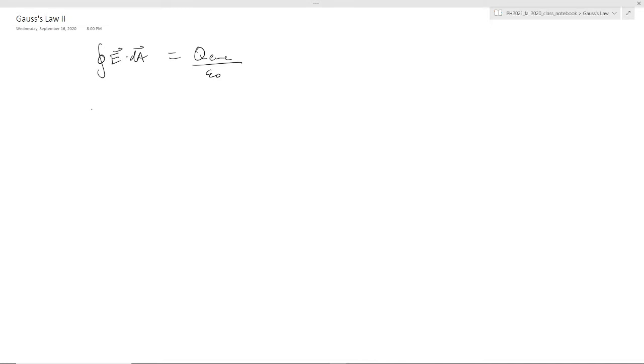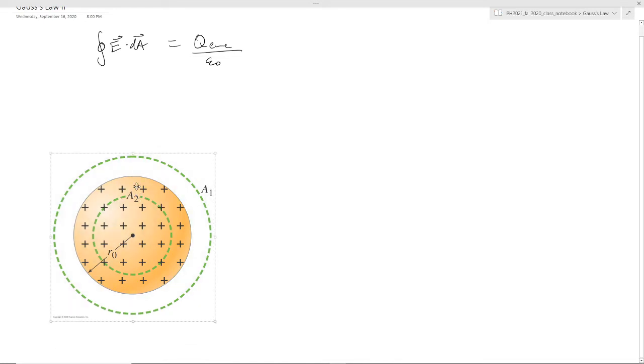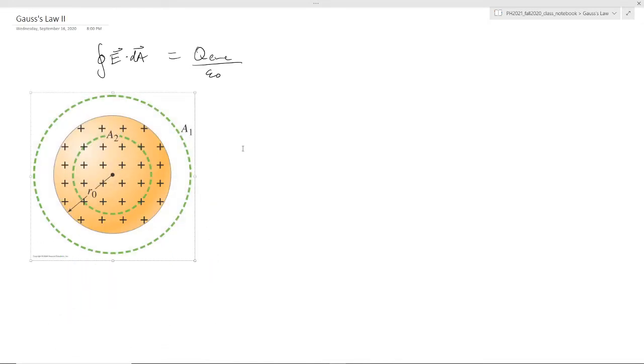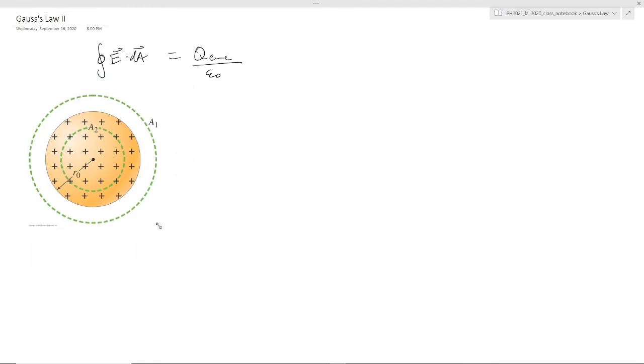and actually, let me paste a picture from your book just so it looks a little nicer. I struggle to draw spheres. So here's this situation that I want us to consider. And this is a